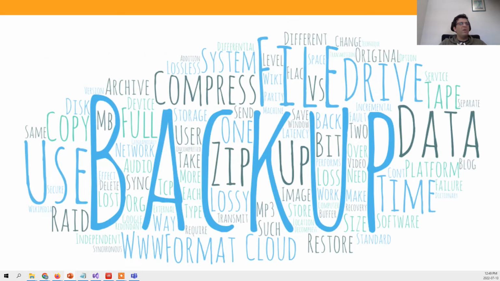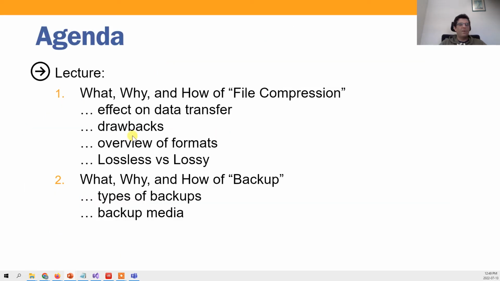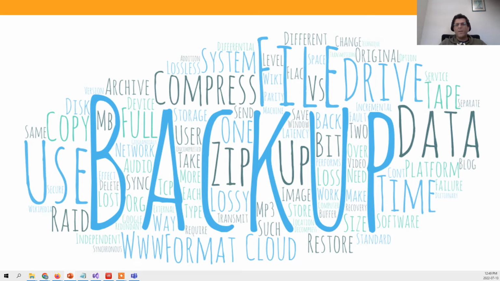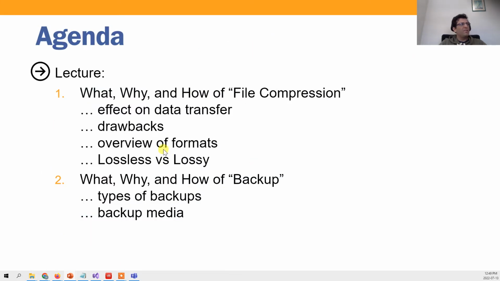And this is the agenda of this week, in the form of encrypted files. Basically, this is this text. What and why and how we do the file compression, how it affects data transfer. Is there any drawback? Overview for the formats, different formats, and we will learn with which type of compression we lose some of our data, and what are the lossless compression algorithms. And then we will discuss backup stuff. We will see some more details about how this backup is done, and you will be doing some more stuff